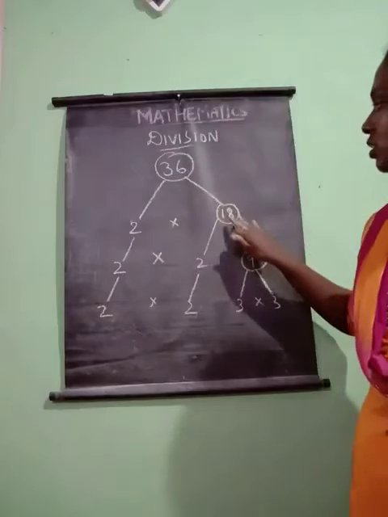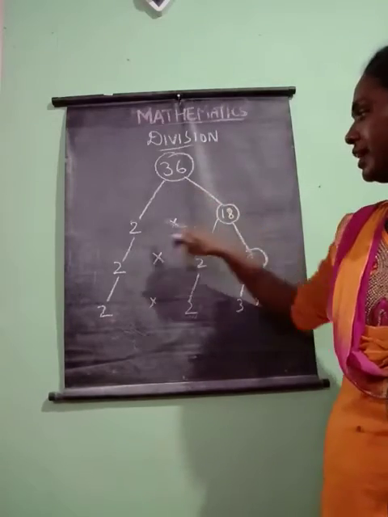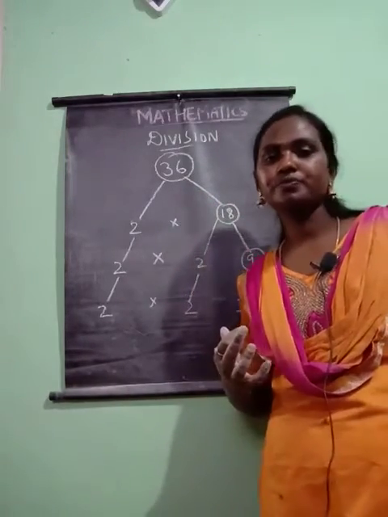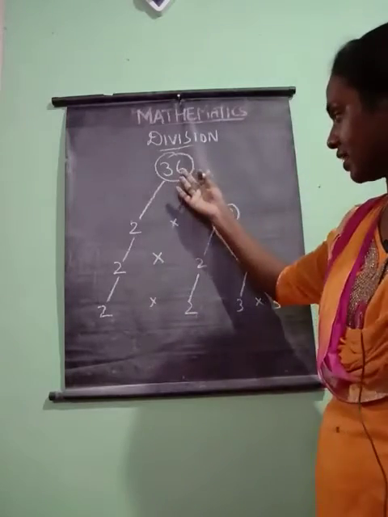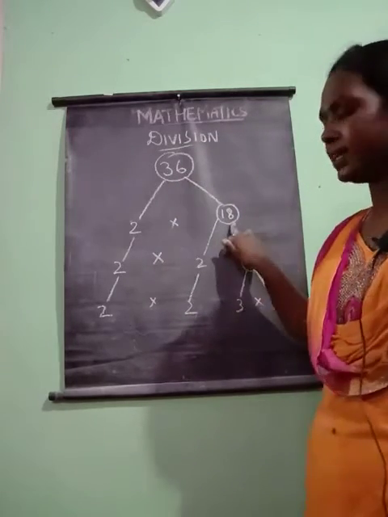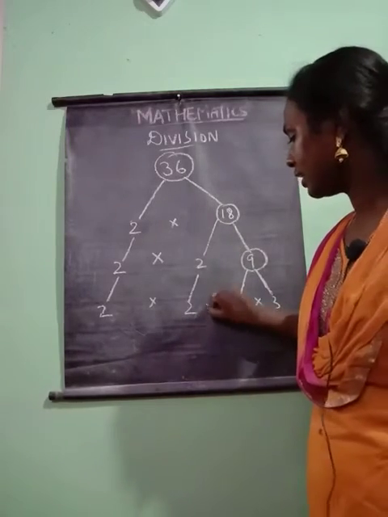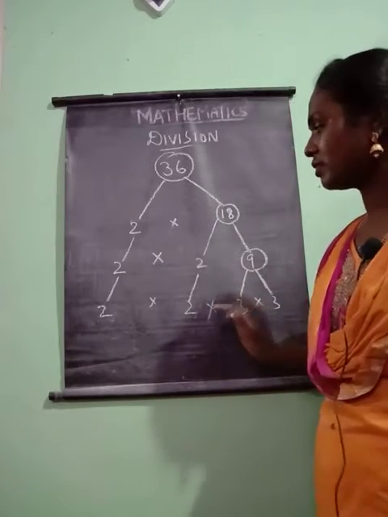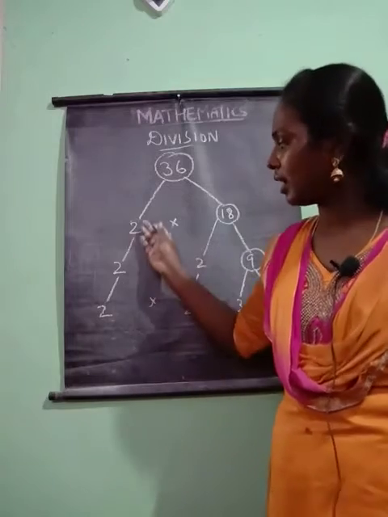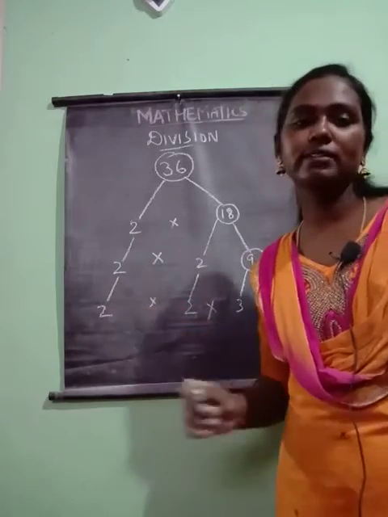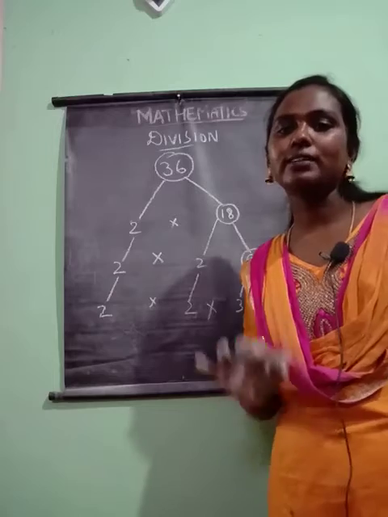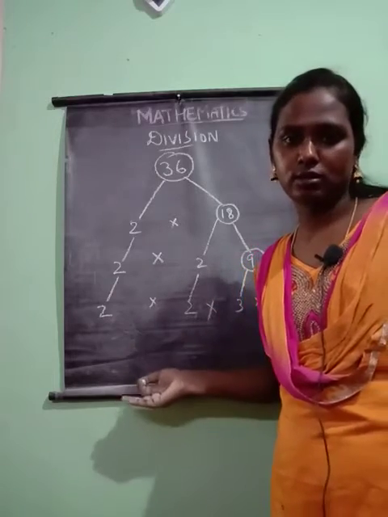So first, whichever number, 18 2s are 36, and 2 is a prime number. Again 9 2s are 18 we get. Again 3 3s are 9 we get. So here by solving, I am carrying this 2 till the end because we need the prime factor at the end.